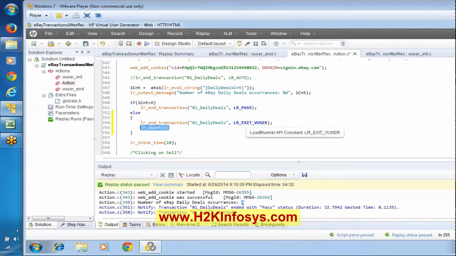lr_exit_user means, in the Controller, if you remember, we are creating a kind of standalone script. Say this particular script is going to be used in real time by around 20 users executing the same functionality. If for one of the users this particular transaction failed, we can exit that particular user only. So this exit user is generally helpful in the Controller. Say for example here in GoToMeeting, as of now we have connected around 10 to 15 students, right?